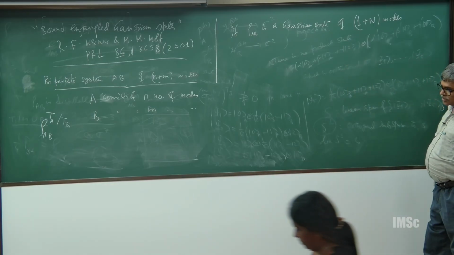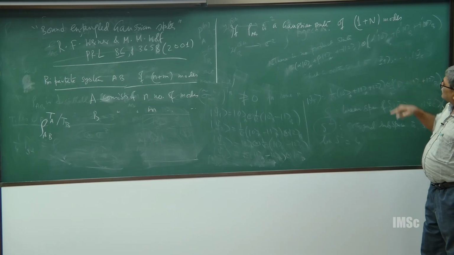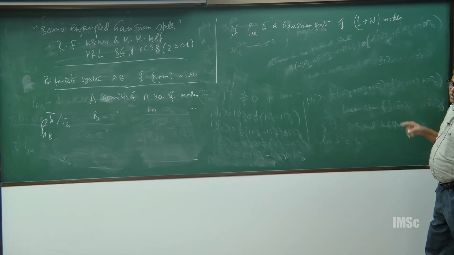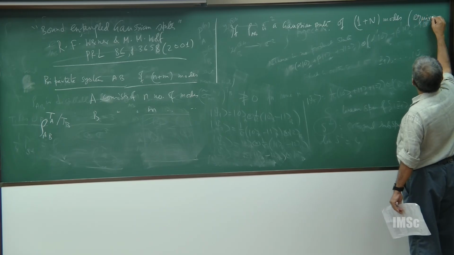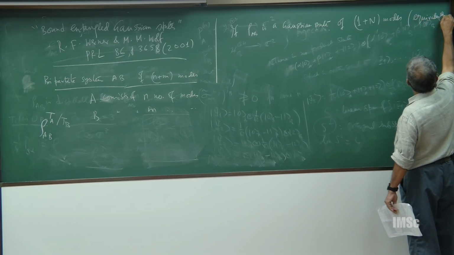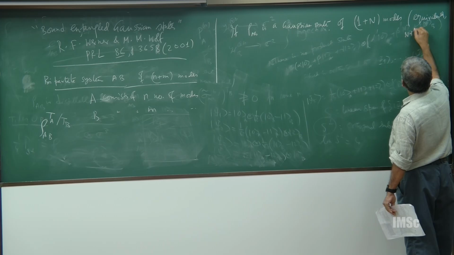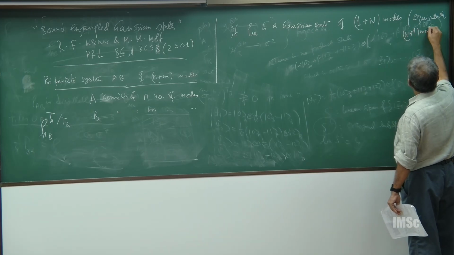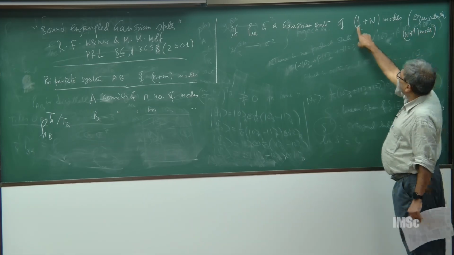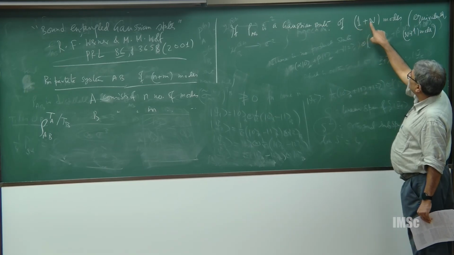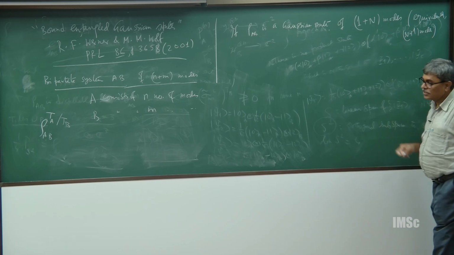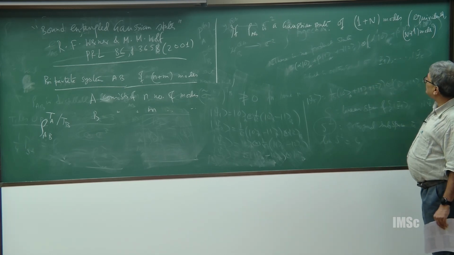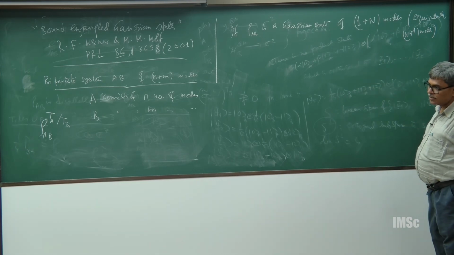Okay. What does it mean? So, this is small n equal to 1, small m equal to capital N, and vice versa. If this is a Gaussian state of 1 plus n modes,